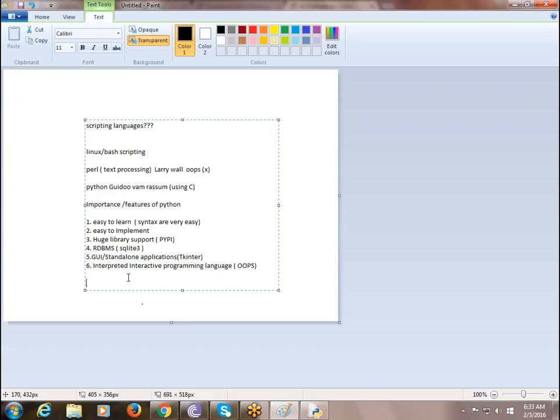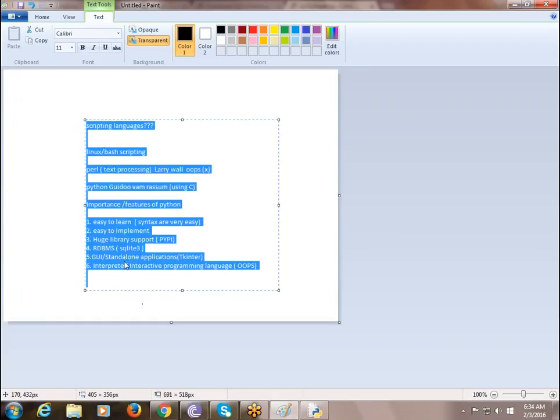But in the market, Ruby on Rails is the best language which satisfies the principles of OOPS completely. Are you clear so far? So you got something about the difference between programming and scripting. Next is the scripting languages, what exactly the history behind that is, and what the importance of Python is. Now we will get to the usages.